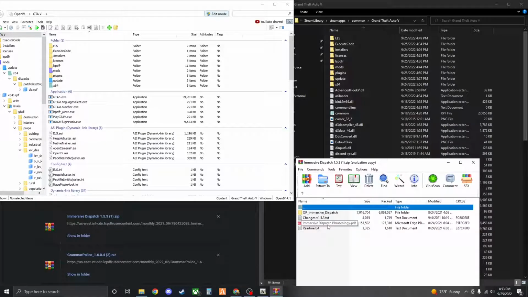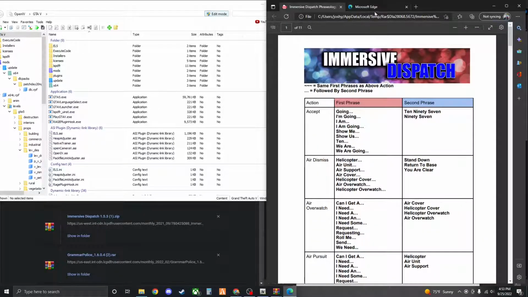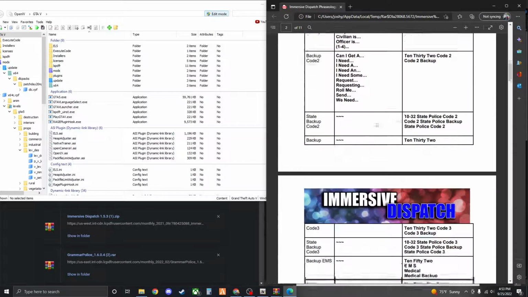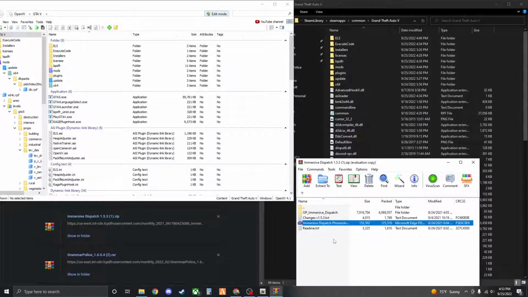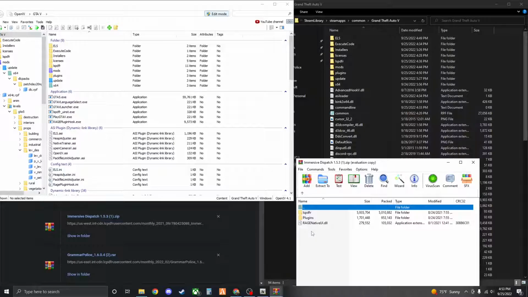This is a handy dandy little thing to have on hand. If you have a second screen and you're new to LSPDFR or just Immersive Dispatch in general, have this open on your other screen, because Immersive Dispatch and GrammarPolice basically allow you to talk to dispatch by your microphone. It is amazing. This way you at least have the actions and you can familiarize yourself if it's on your second screen. I don't have a second screen, but I have it pretty well down pat, so I'm just going to exit out of this. You're going to go into OP, Immersive Dispatch, and right here again,